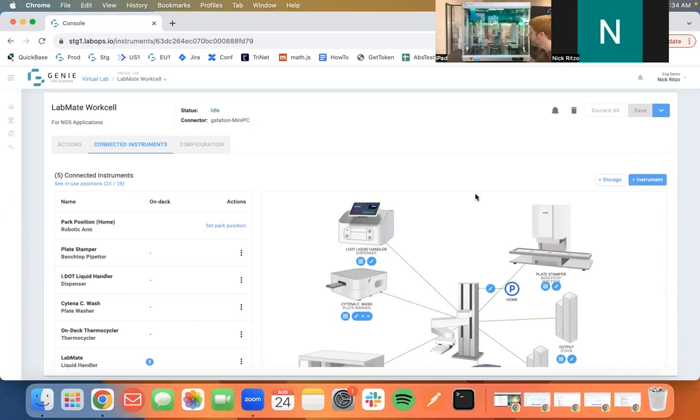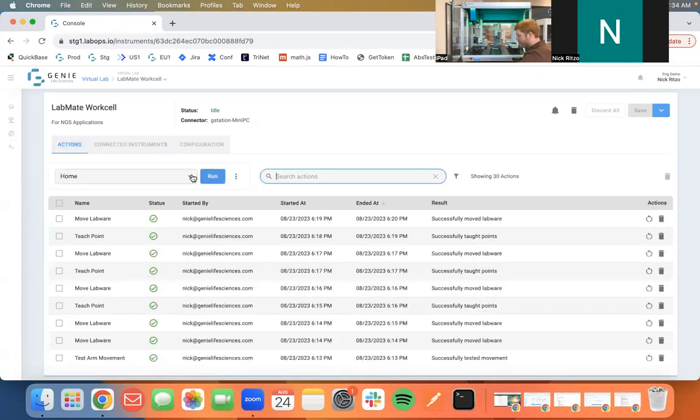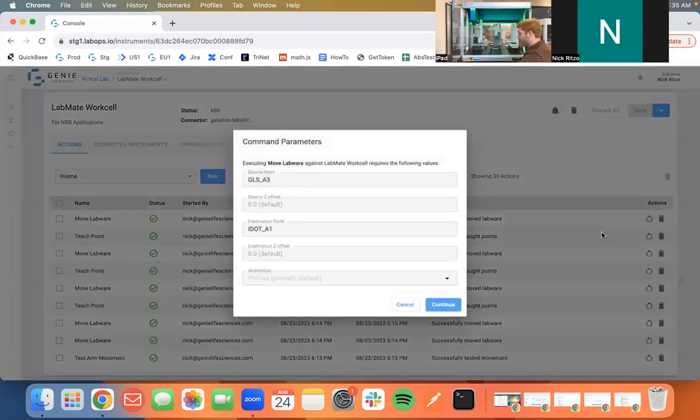So as you can see through here, we have a robotic arm that has the ability to move plates between all of these work cells. So this is, again, stepping up in complexity from the basic LabMate, now through the LabMate with on-deck accessories. And now we can abstract that even further and say that we are using the LabMate with an entire work